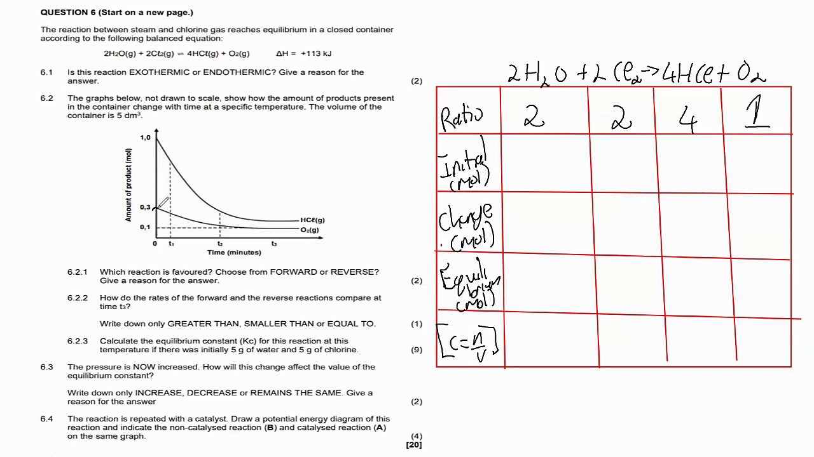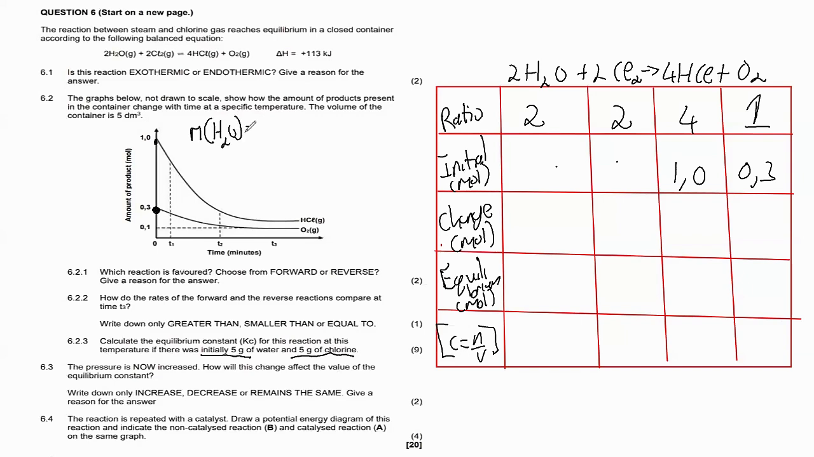So initially we can see that the product, our O2 is at 0.3 and then our HCl is at 1.0. These are the initial number of moles that you need to start with. So that means we have 0.3 here. And then here we have 1.0, right? And then reading further, we were told that initially there was 5 grams of water and 5 grams of chlorine, right? So that means to calculate for these ones, let's calculate the number of moles of water